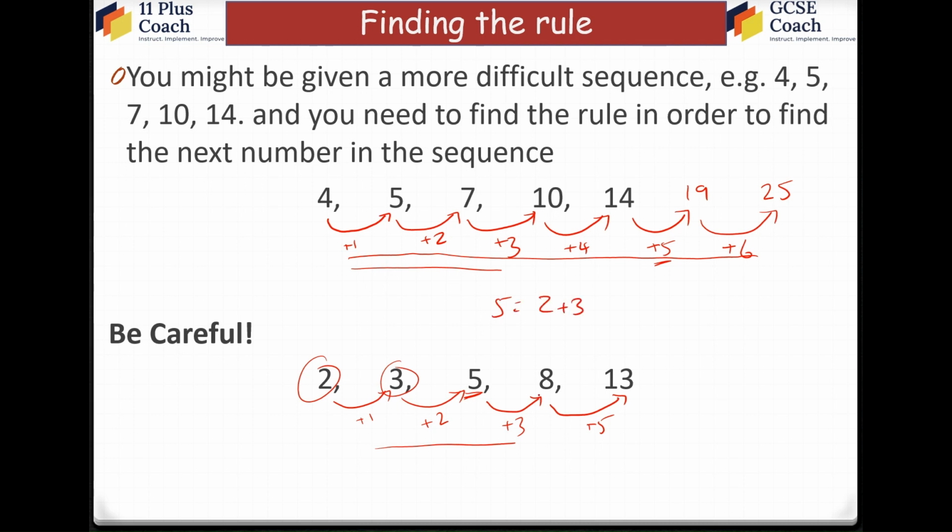And if I need to make 8, I'm adding the previous 2 terms, which is 5 plus 3. So 8 equals 5 plus 3. And if I need to make 13, 13 is equal to 8 plus 5, and so on. So actually, this is an example of a very, very famous sequence known as the Fibonacci sequence. I believe it's spelled